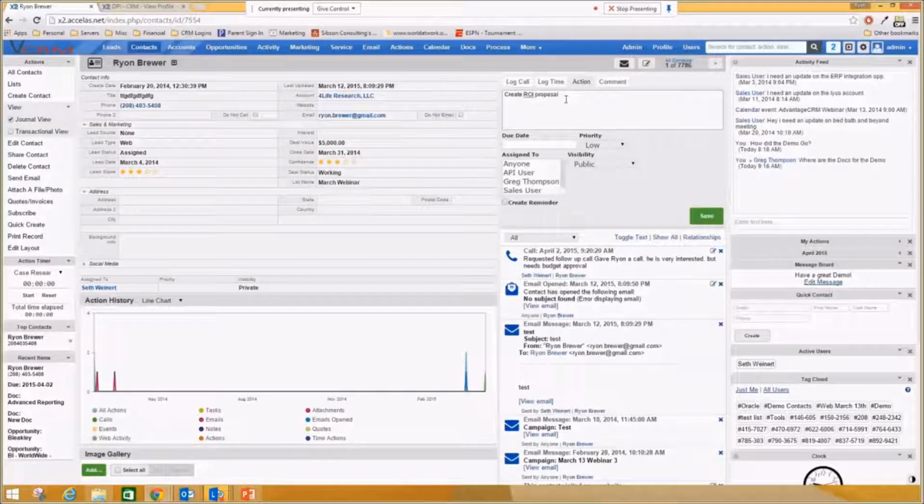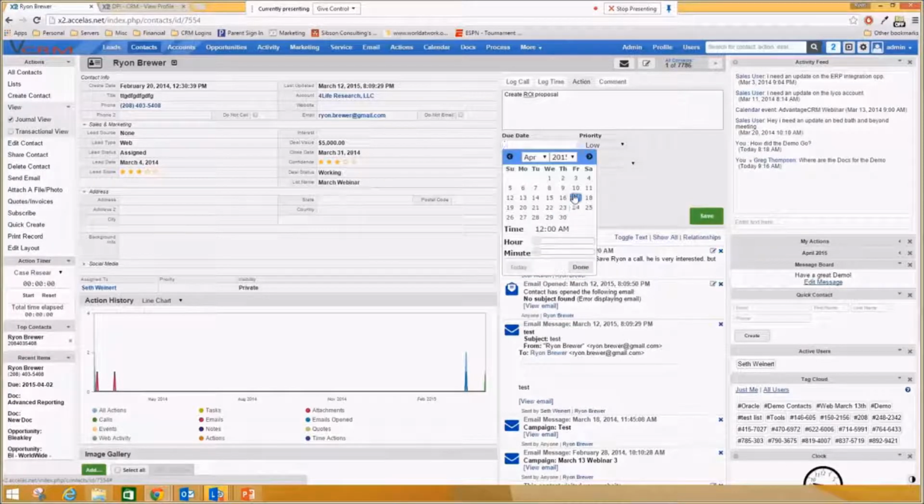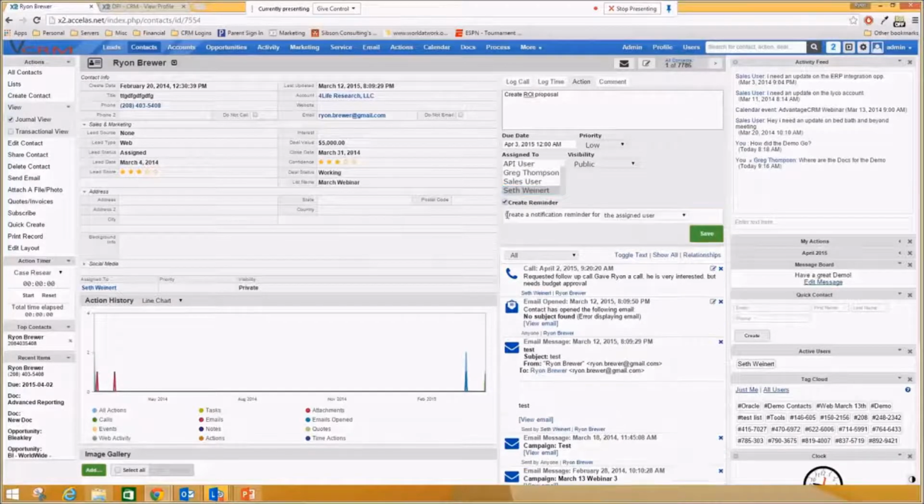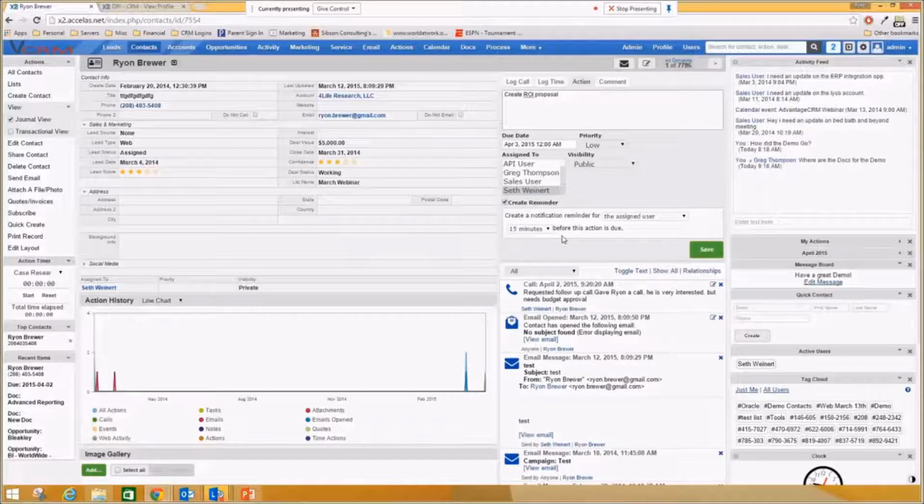And the due date, I'm actually going to put that for the 3rd, this Friday. I can actually assign that to someone. If I need to assign it to another user inside the system, I can select that user. This one I might just send to anyone. I'm going to actually assign it to Seth Weinart. I'm going to create a reminder that 15 minutes before this action is due, and I'm going to now click